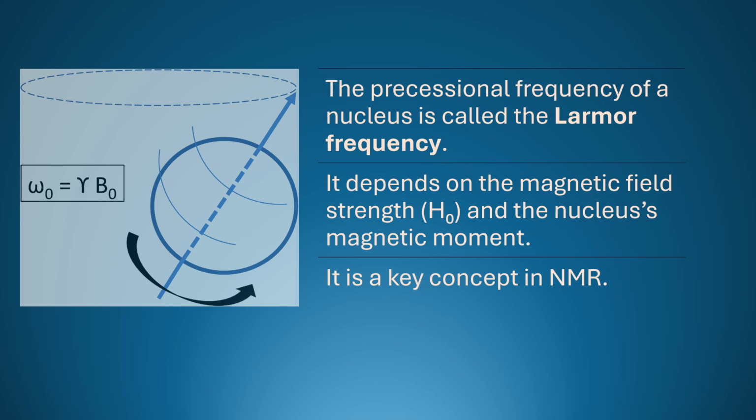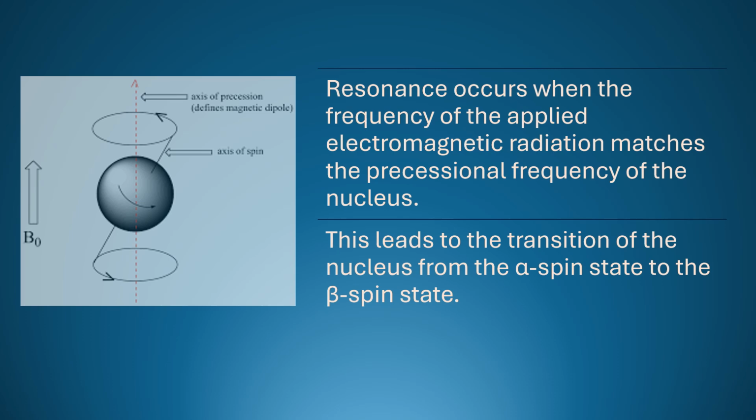molecular structures. The resonance condition in NMR occurs when the energy of an applied radio frequency pulse matches the energy gap between the two spin states. This allows the nucleus to absorb energy and transition from the lower energy alpha spin state to the higher energy beta spin state. Resonance is crucial because it enables us to manipulate nuclear spins and generate NMR signals. The specific frequency at which resonance occurs is determined by the nucleus's magnetogyric ratio and the strength of the magnetic